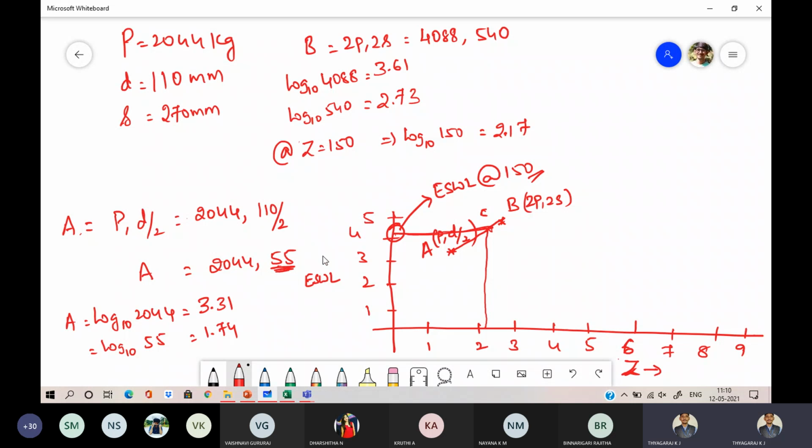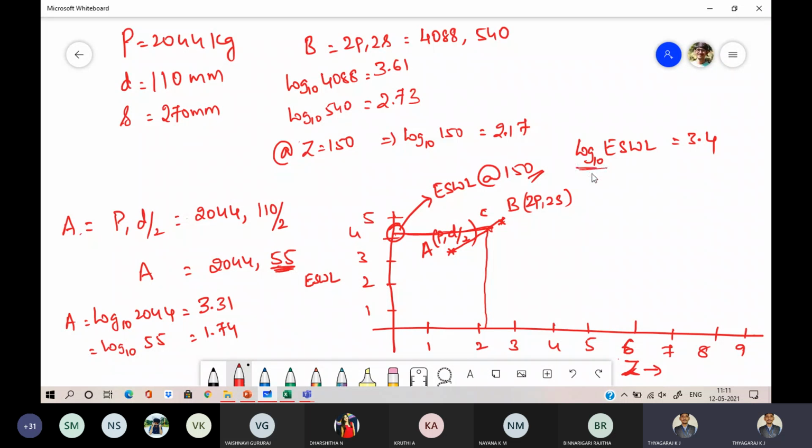Are you following this one? Yes, sir. Others? Are people following or not? There will be one compulsory question for IA and your main exams also. So what is the value you have got? 3.4, sir, from the graph. You will get 3.4. Is it the values that we have plotted?